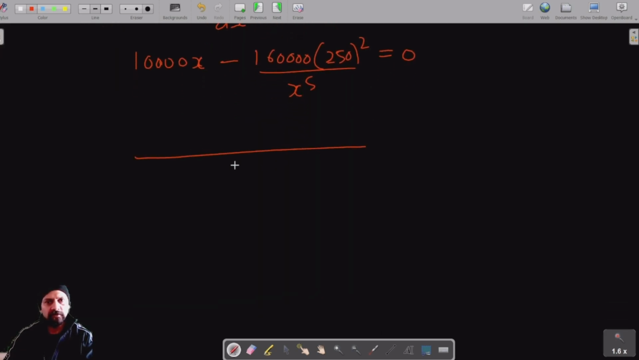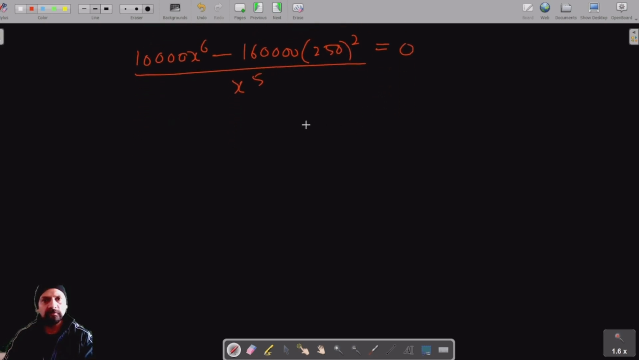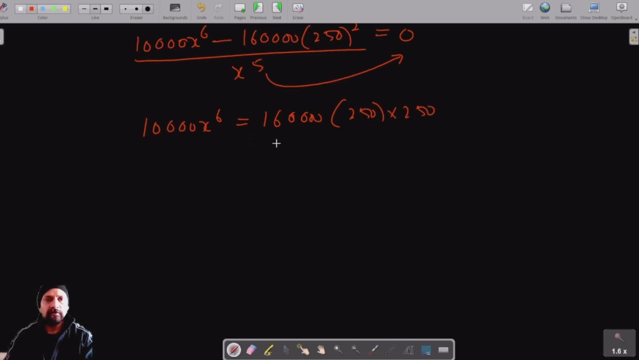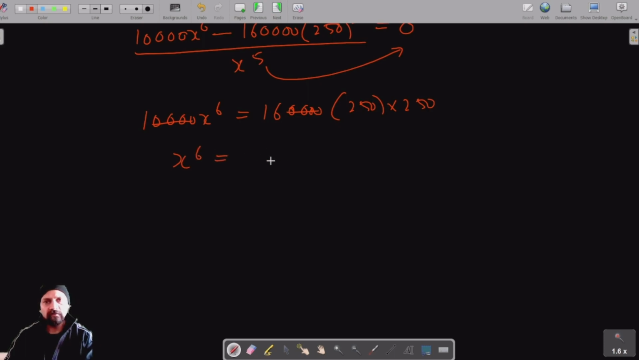So let's take LCM here. The LCM is x raised power 5. This is 10,000 x raised power 6 minus 1,60,000 into 250 square, which is equal to 0. So shifted to this side, 10,000 x raised power 6 is equal to 1,60,000 into 250 into 250. So these four zeros get cancelled. So x raised power 6 is now equal to